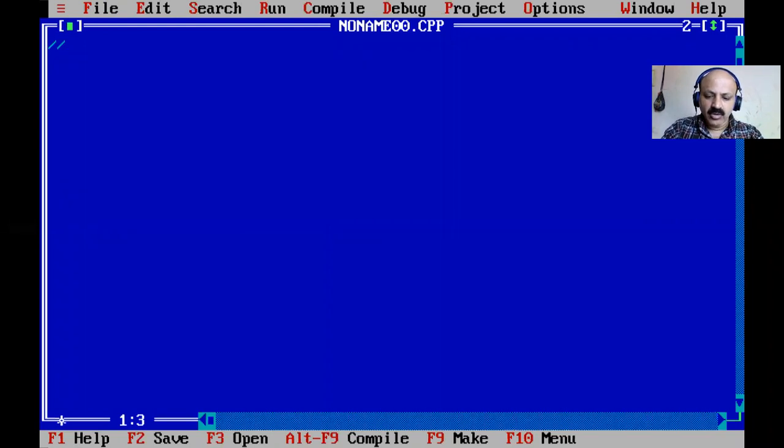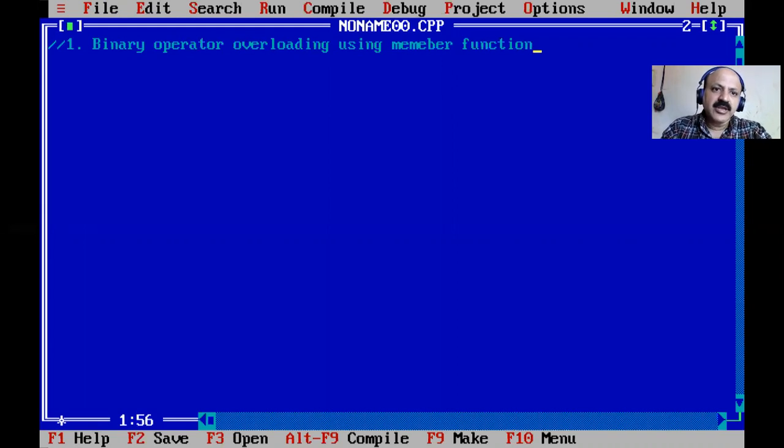Here our goal is the first technique, binary operator overloading just using a member function. So there are two techniques for binary operator overloading: the member function, and also you can overload using the friend function. So first, I think in my previous video lecture we understood what operator overloading is, but